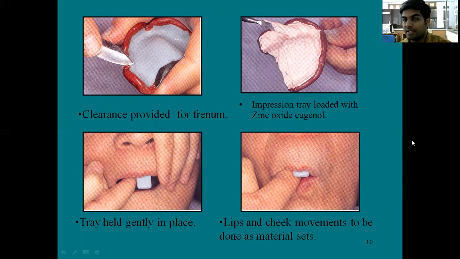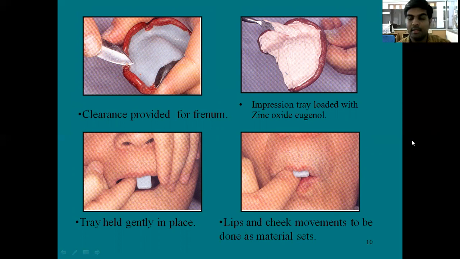So the secondary impression is mainly taken with the help of zinc oxide eugenol impression paste for beginners, especially for fine layers and for the interns. But we can also use other materials for taking secondary impression.